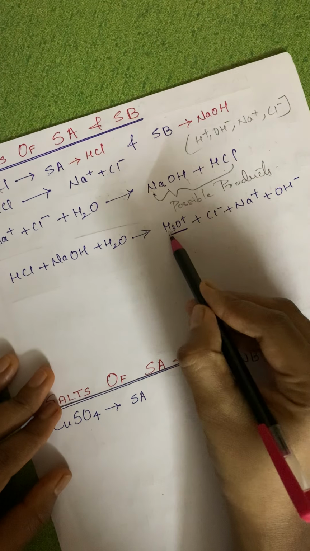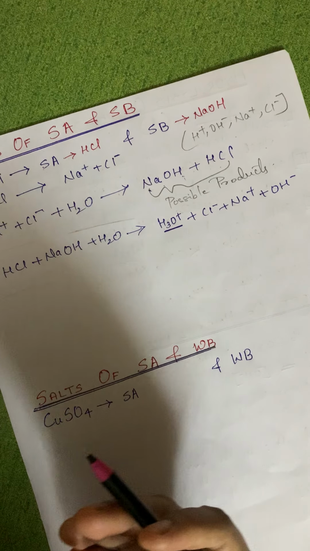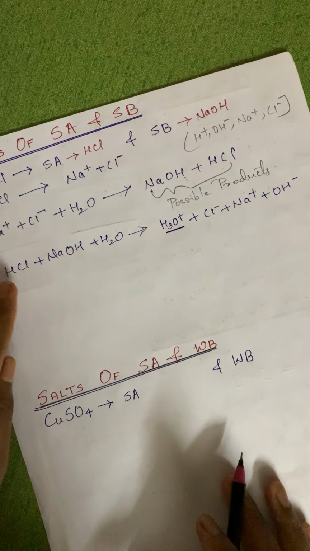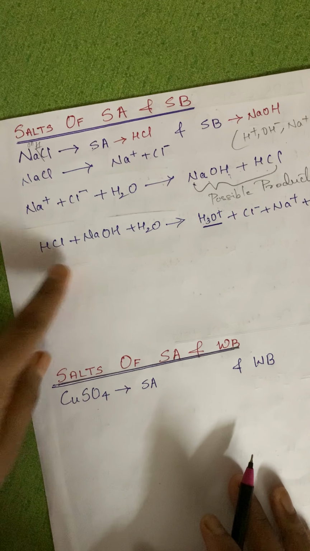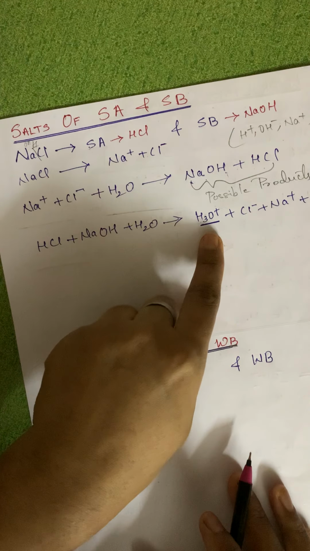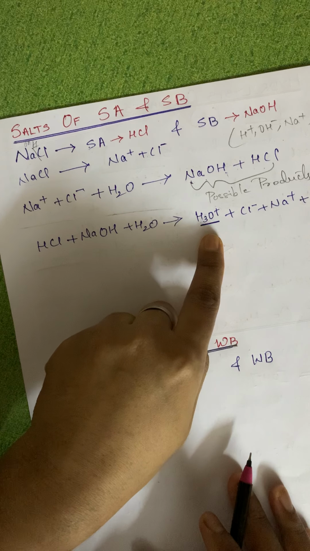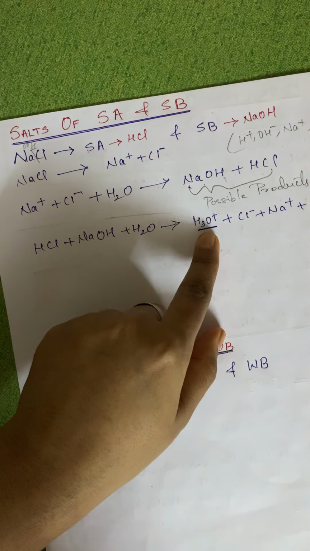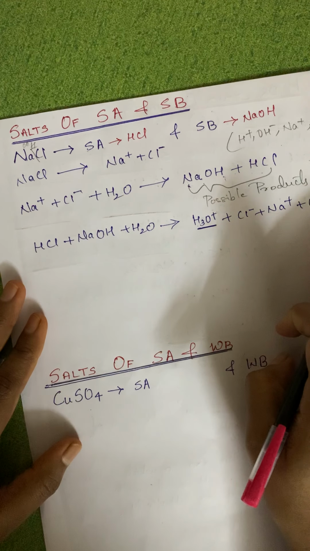Why are we showing this? Because there are some molecules of water which are undissociated as well. So when H plus and Cl minus are created, they can go and react with an H2O molecule and form H3O plus. But the presence of H plus and H3O plus is similar. Okay, so hopefully till here it is understood.